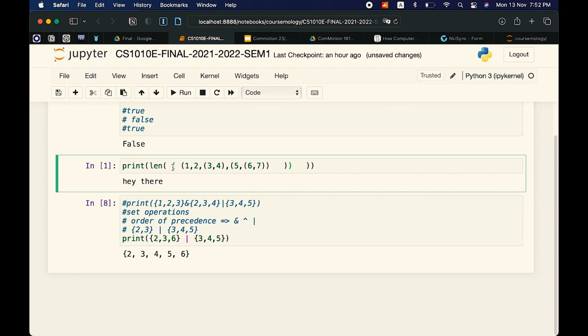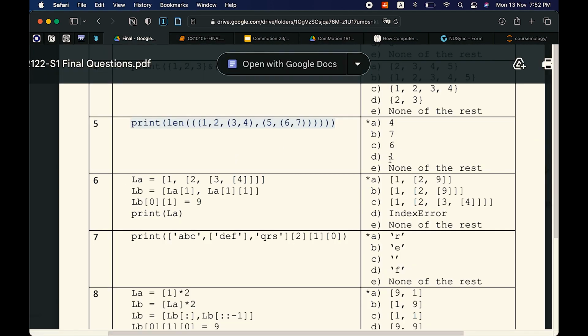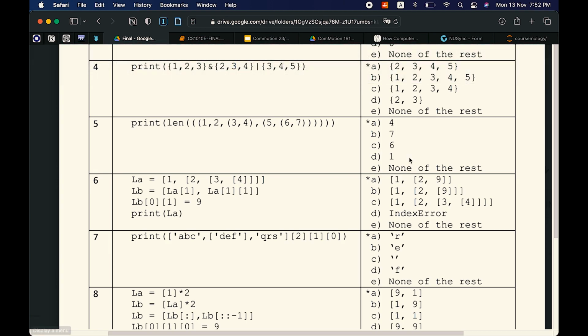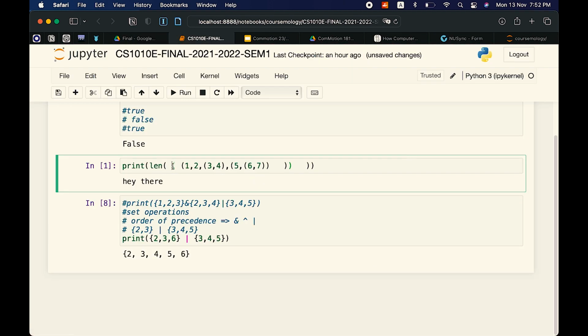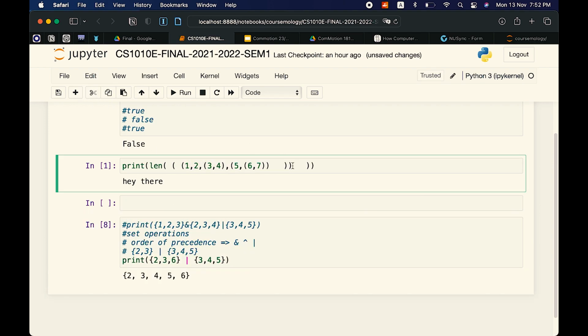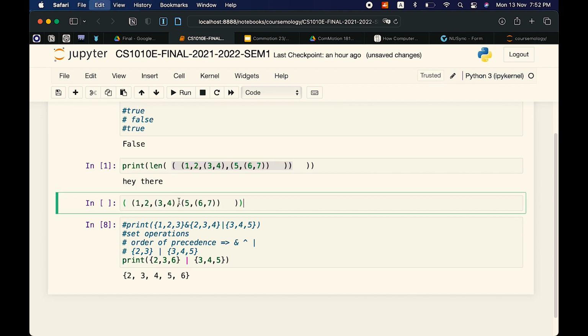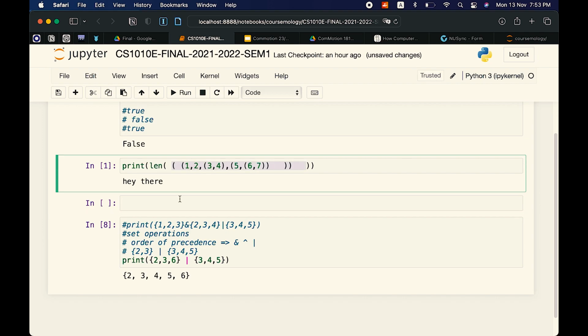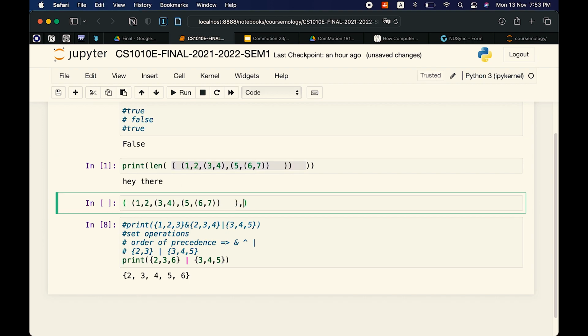We print the length of this. They want you to put 1. The problem is if it wants to be a tuple, it needs to have a comma here, right here.